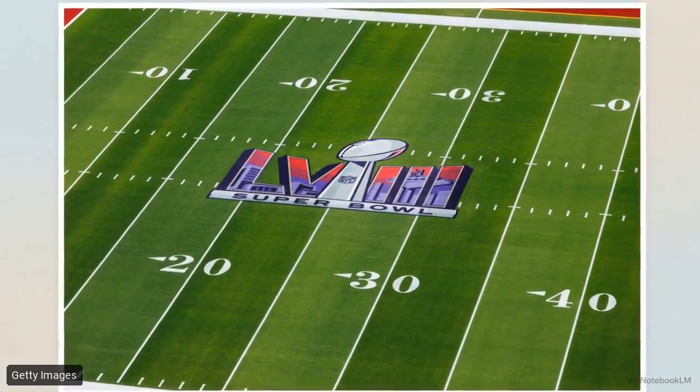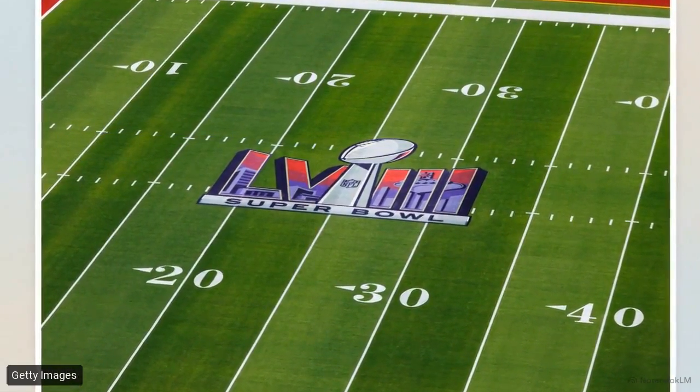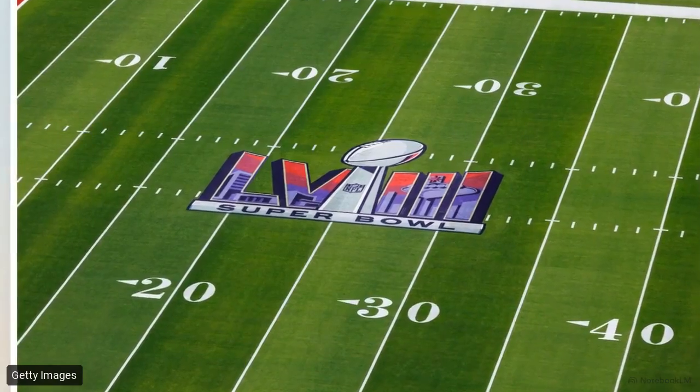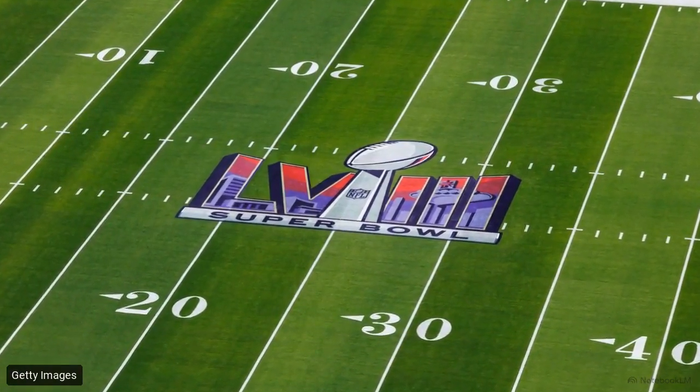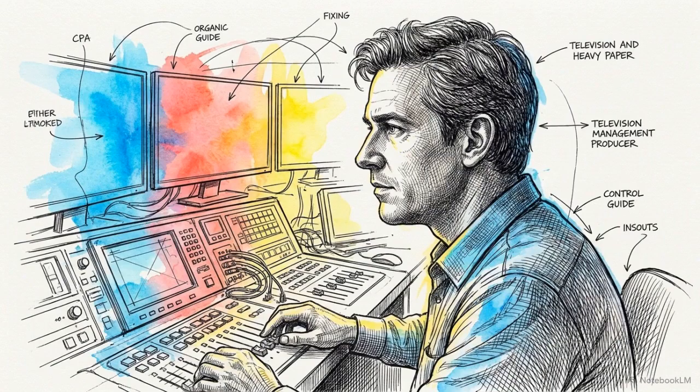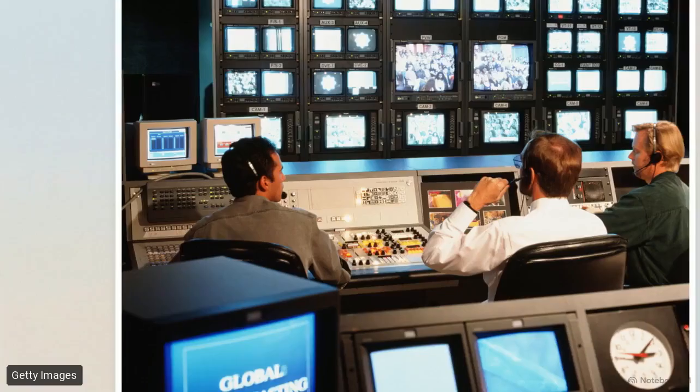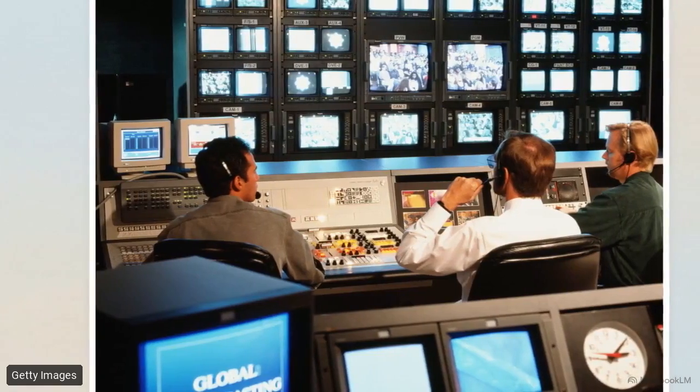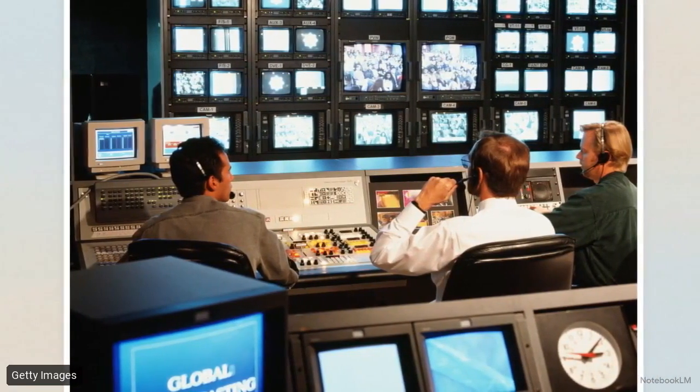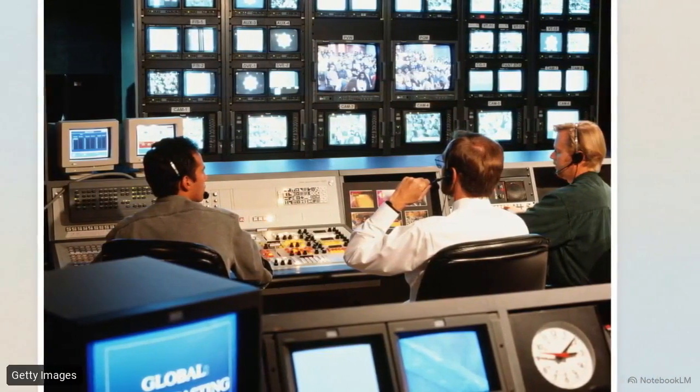This is a photograph of the field at the Super Bowl, an environment where millions of viewers expect instant, flawless data updates. In live sports broadcasts at this scale, there is zero margin for error in graphic execution. To meet these demands, major networks are moving away from traditional hardware-heavy broadcast control rooms and the offline tools that